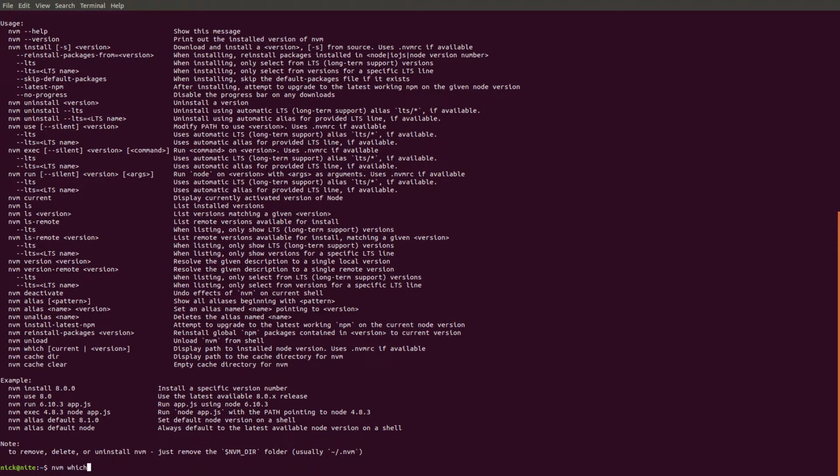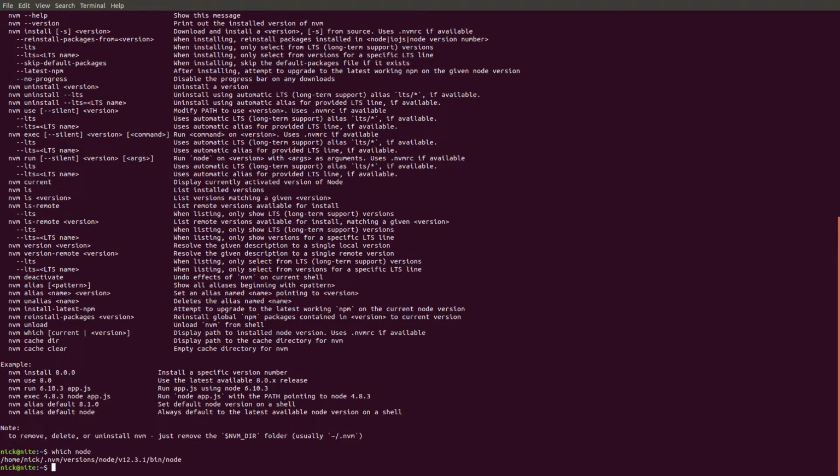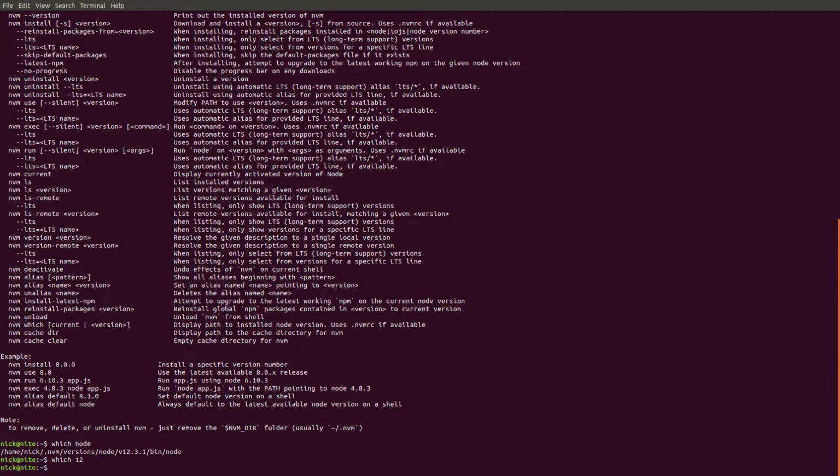Oh, not nvm which. It should be which, and then you can put node. Yes, you can put node, and that'll show you the version of Node that more than likely is either the one you're using or the most current version. You can test that out. But if I do which with a version as well, you can see where that version was installed. So if I do which 12,